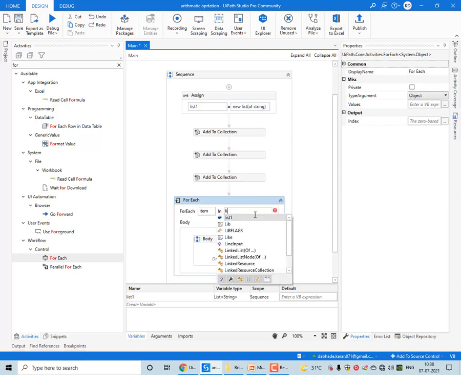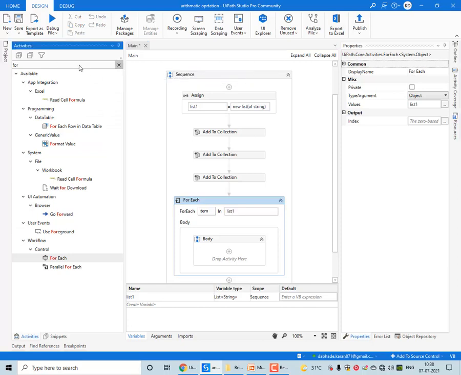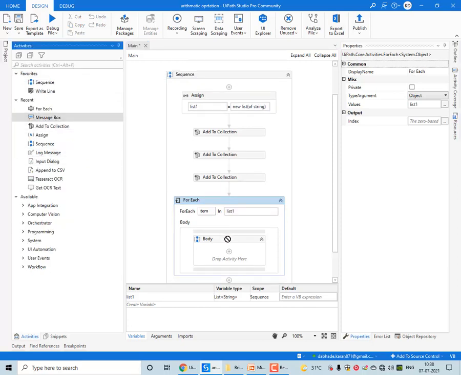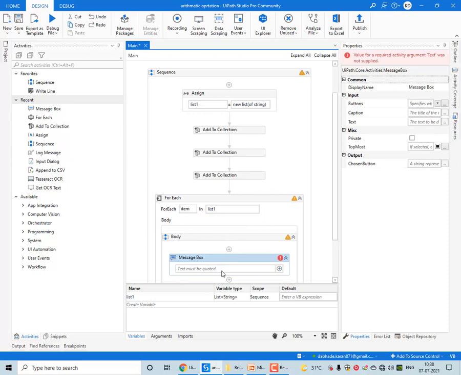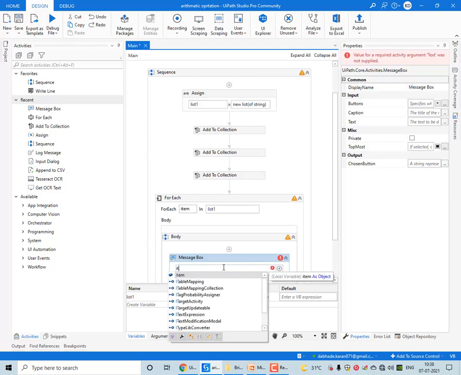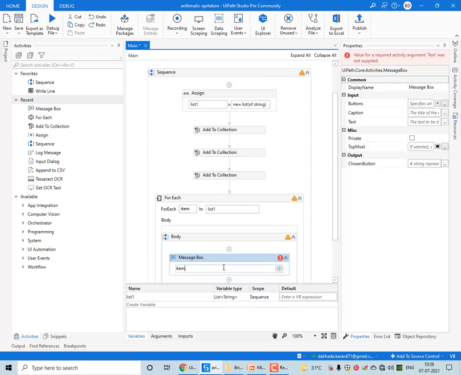Calling the variable list that we created initially, taking a message box inside this, and defining item.ToString.